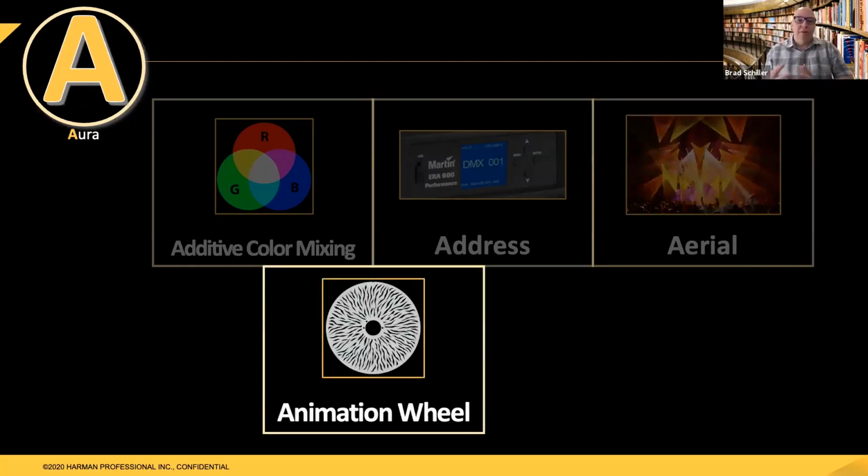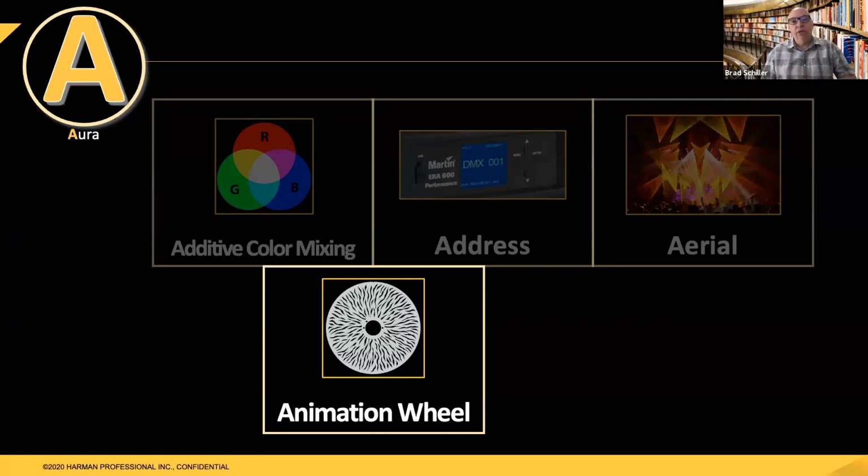One of my favorite effects in a moving light is an animation wheel. Animation wheels are a lot of fun because it's basically an oversized gobo that is larger than the gate or the optical system of the light. And now you're only seeing part of the image pass through. And this gives you a really cool effect. It could be a rain effect, a water effect, fire, ripples, all kinds of different things, depending on what patterns are on your animation wheel.